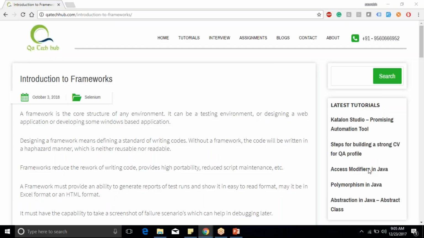The topic which we are going to start today is frameworks. Till now, we have covered complete Java, in which we learned how to write methods and everything. Using that, we used some of the methods of Selenium, because Selenium is just like a jar file, in which most of the code is already written, and you were just using those methods. Now, as we know how to automate things using the Java programming language,